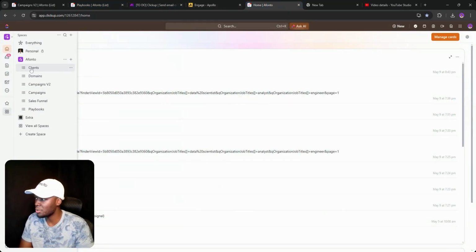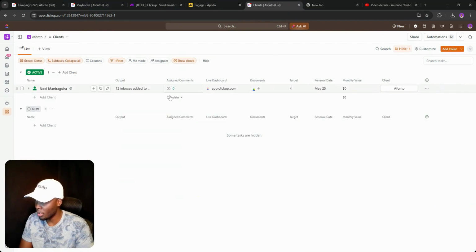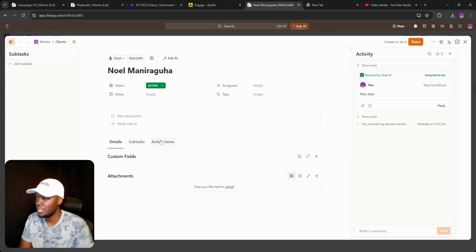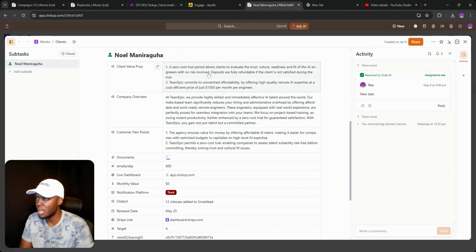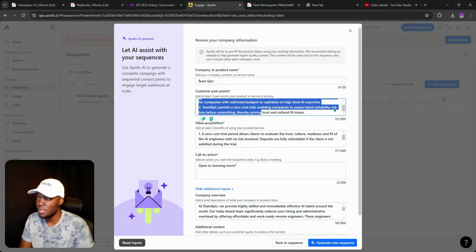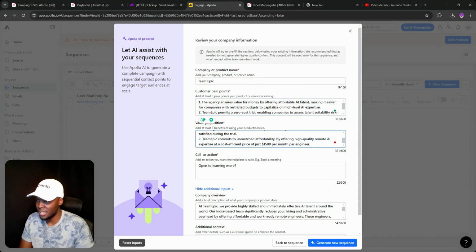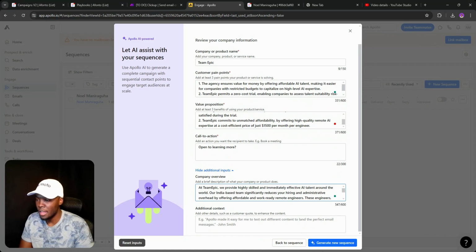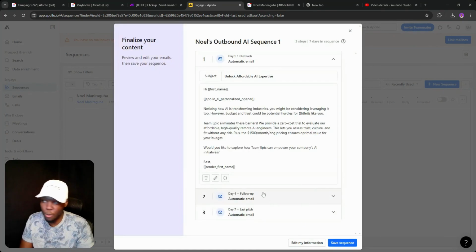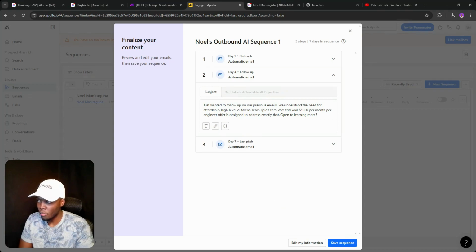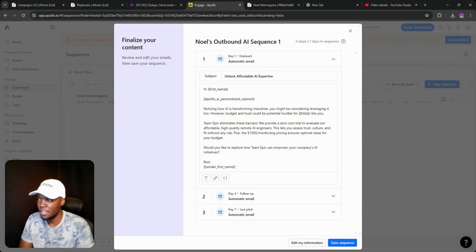And so if we go back to the client section, and we look at this client, we've got the same, right? So we've got the value prop, pain points, company overview. It's really the same stuff that is over here, right? And what Apollo does is it takes this information and then generates an email sequence for you. And so for this particular example, we're going to be attempting to replicate what they have in their sequence